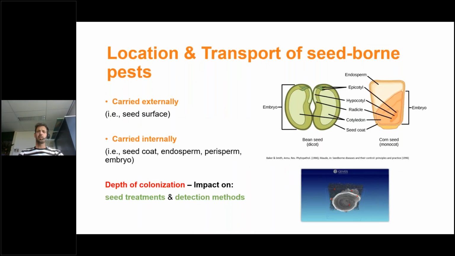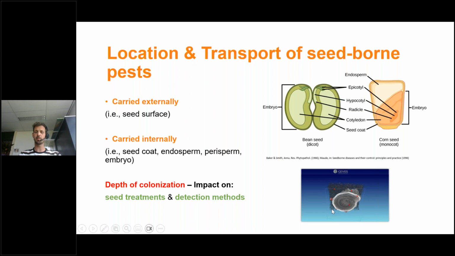So what is the location of these seeds? You have seed-borne pests, pests that can go out of the seeds or come from seeds and cause disease spread. They can be carried externally, of course, on the outside of the seeds, the seed surface. As you can see here on the bottom, a tomato seed with red dots outside of